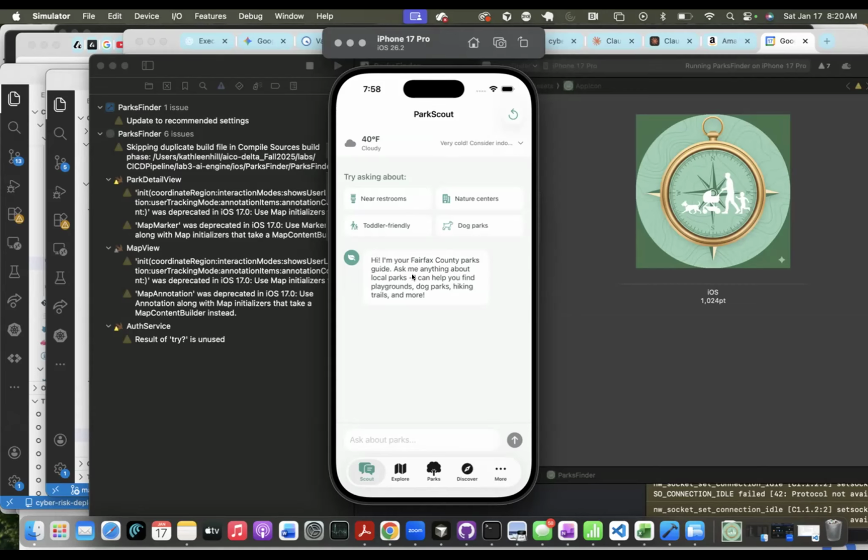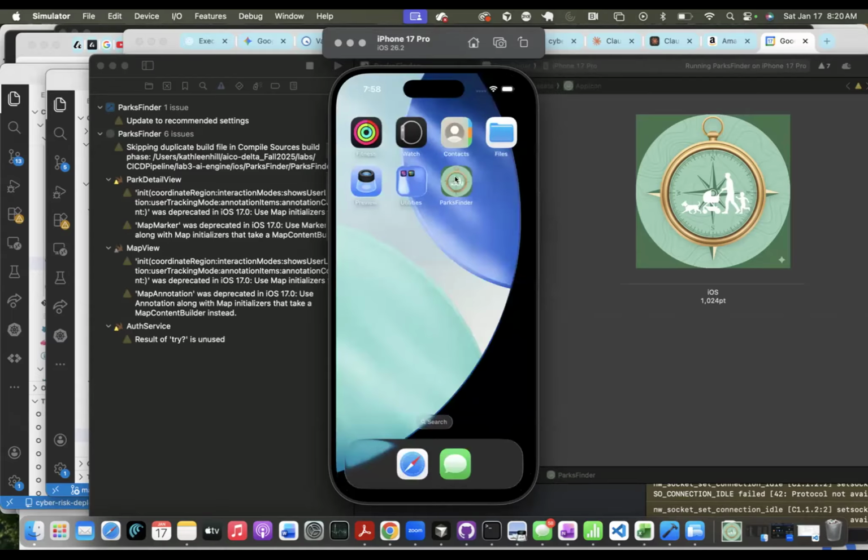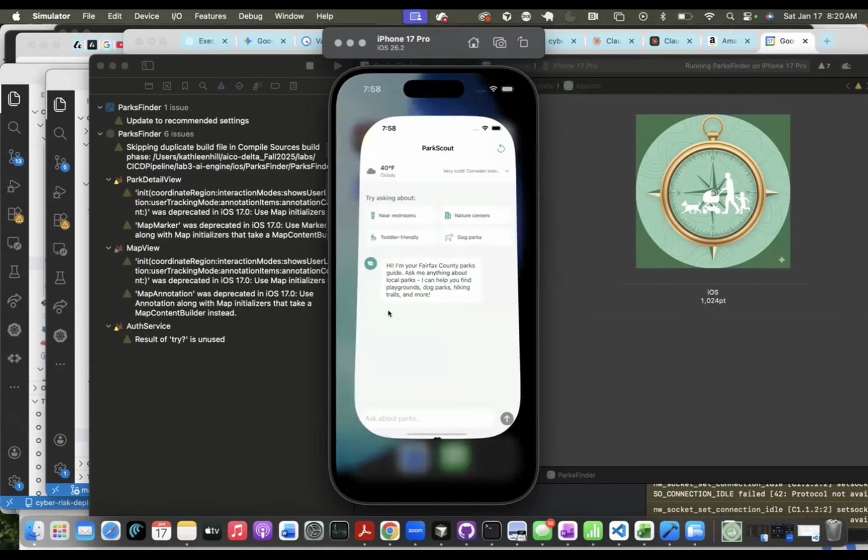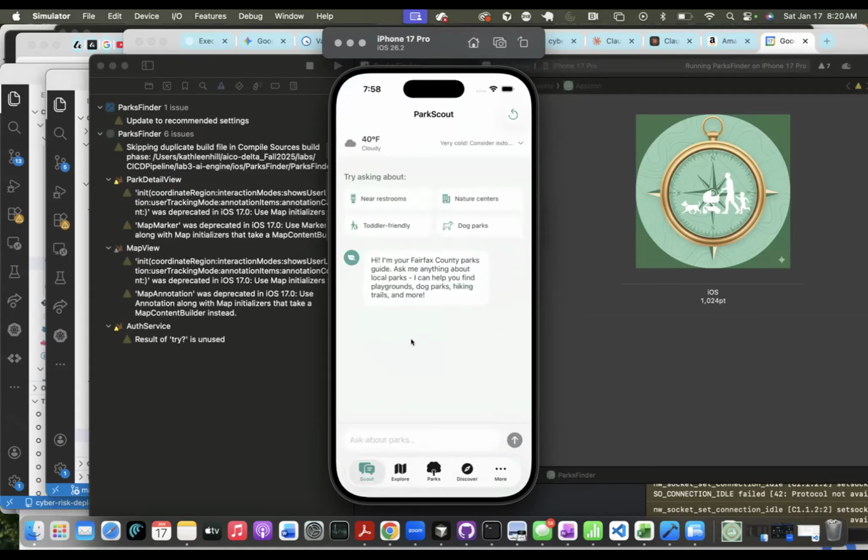So here's the interface. The app opens up. If you go to the home screen, this is my app. I created an icon for it. And this is the app. The first interface talks about County Parks Guide.